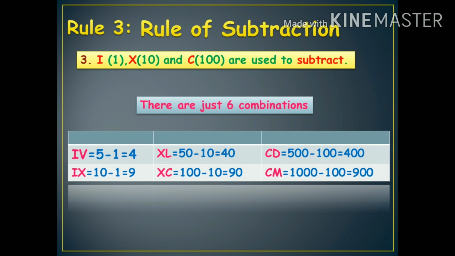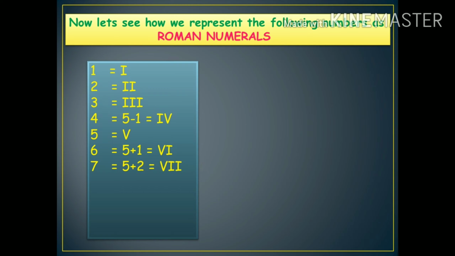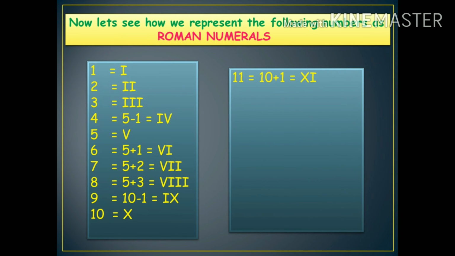Now let's see how we represent the following numbers as Roman numerals. 1 is equal to I, 2 is equal to 2 times I, 3 is equal to III, 4 is equal to IV, 5 has a special symbol V, 6 is equal to VI, 7 is equal to VII, 8 is equal to VIII, 9 is equal to 10 minus 1, that is IX, 10 has a special symbol X, 11 is equal to 10 plus 1, that is XI, 12 is equal to 10 plus 2, that is XII, 13 is equal to XIII,